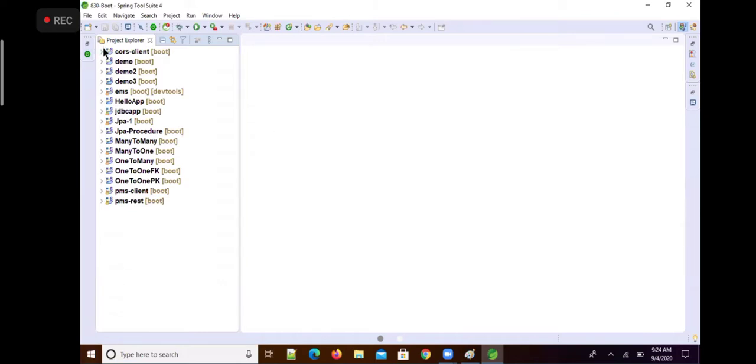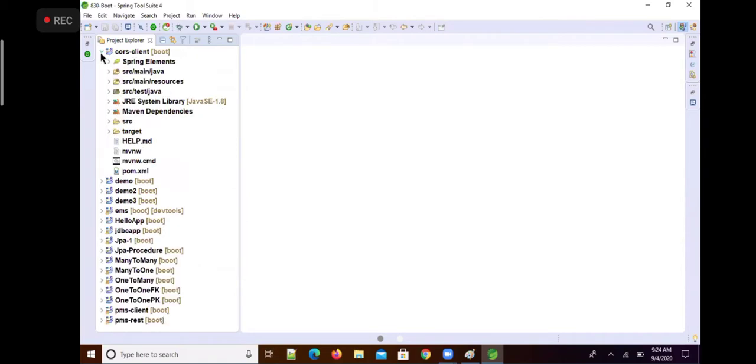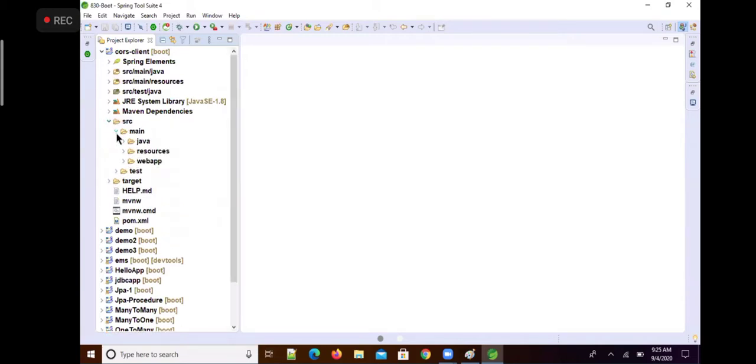See, this is what CORS client application we created. Okay. See, this is my JSP file. And I have created a file name index.jsp. I am not creating any controller. I don't want to create any controller. Are you clear?